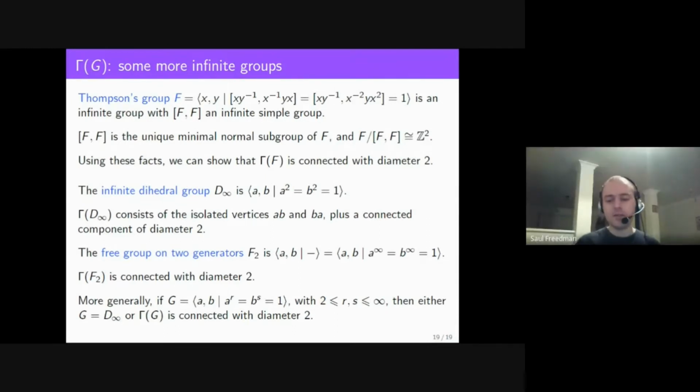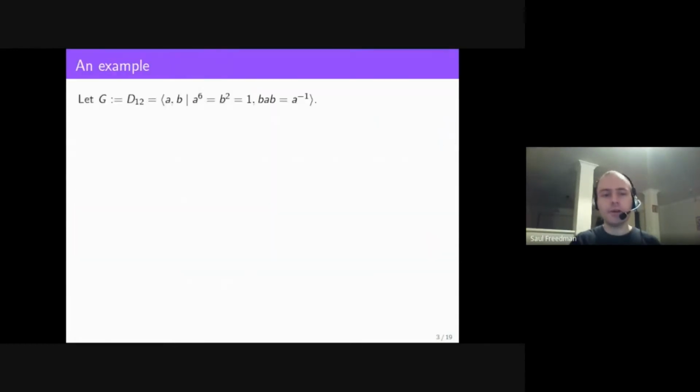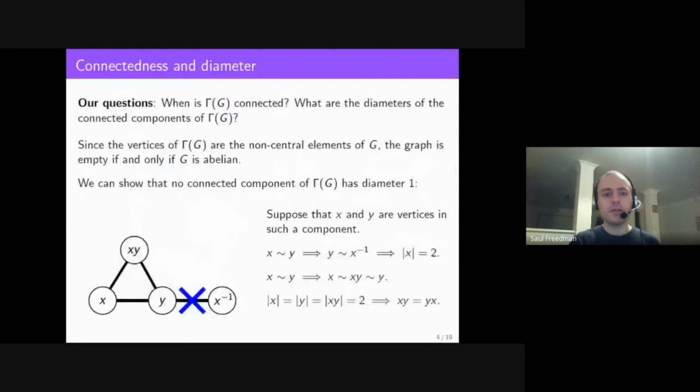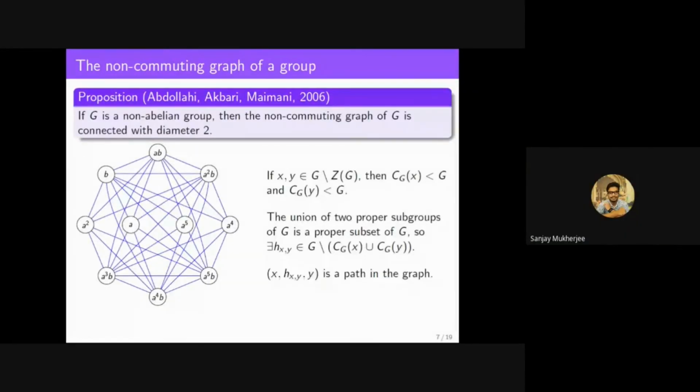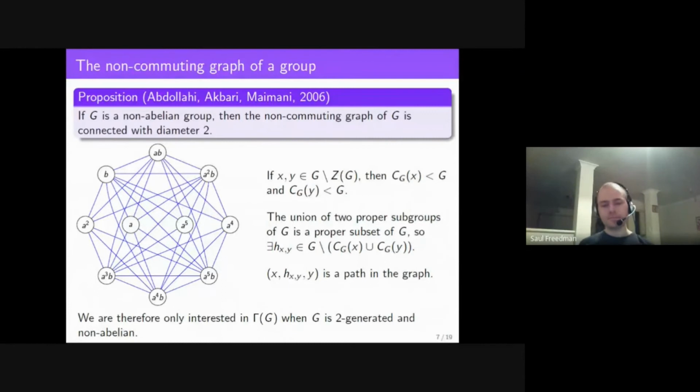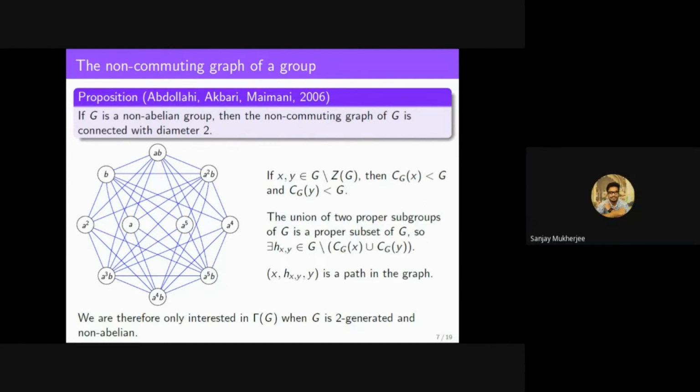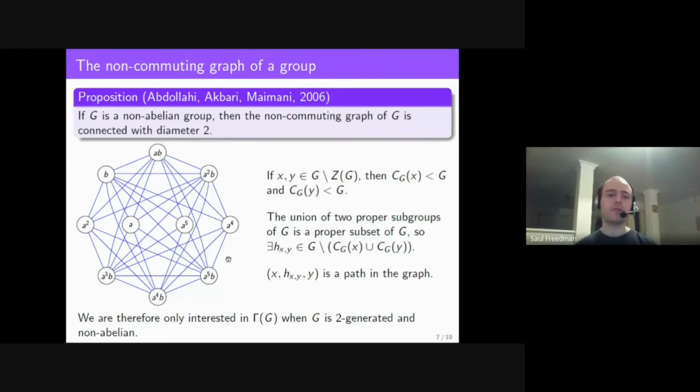As I mentioned earlier on, are you asking if, for example, the minimum size of the generating set is 3? For example, if we take the free group on 3 points, then that's not 2-generated, and so the graph is just the non-commuting graph, which has diameter 2. So again, the only interesting case is when the group is 2-generated. Okay, fine. Thank you for the question.